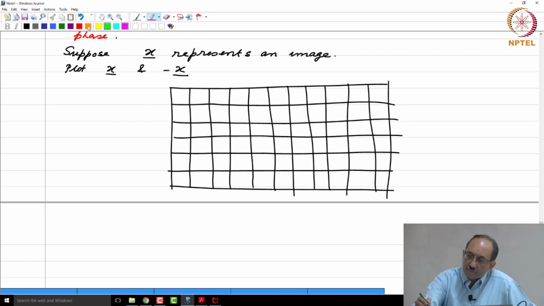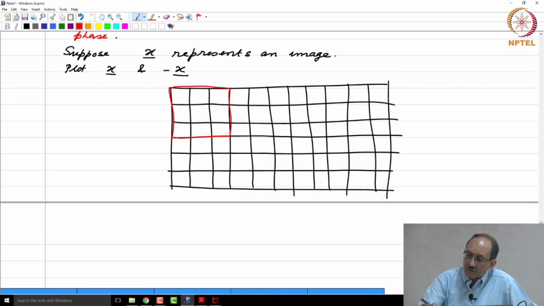Suppose you want to do low pass filtering by averaging the pixels, then what you will do is create a 2D low pass filter. You can consider this 2D low pass filter,